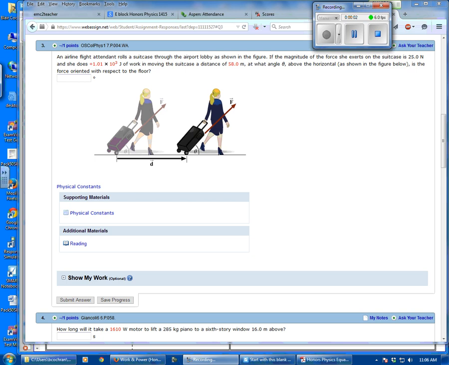All right, so we're going to start with number 3 here with our flight attendant rolling the suitcase. And at what angle does she roll the suitcase? I think some of the key things to understand here, and to express your understanding in your why, are that